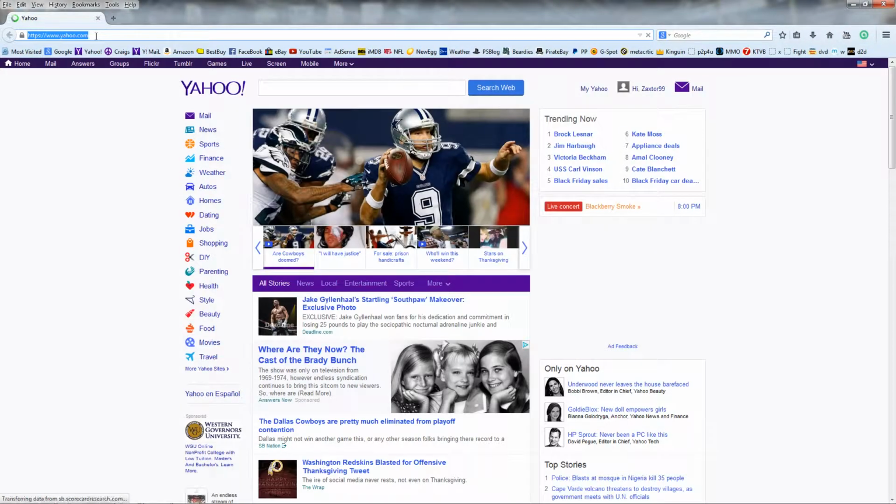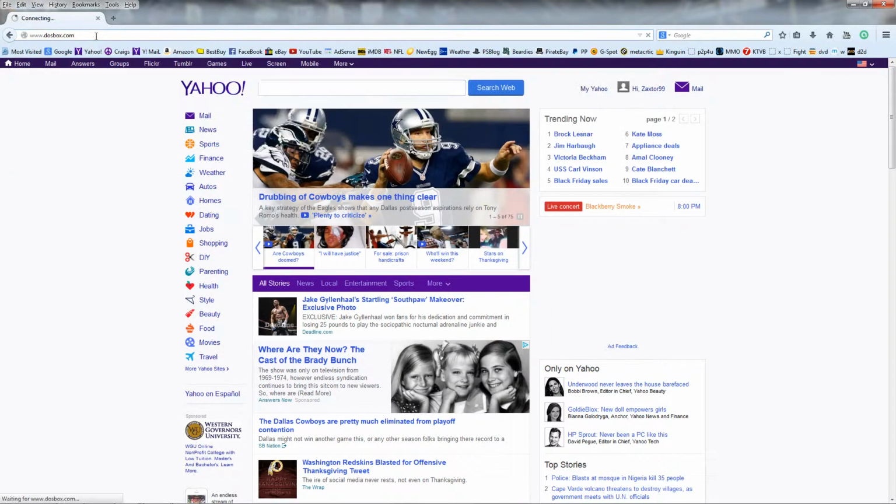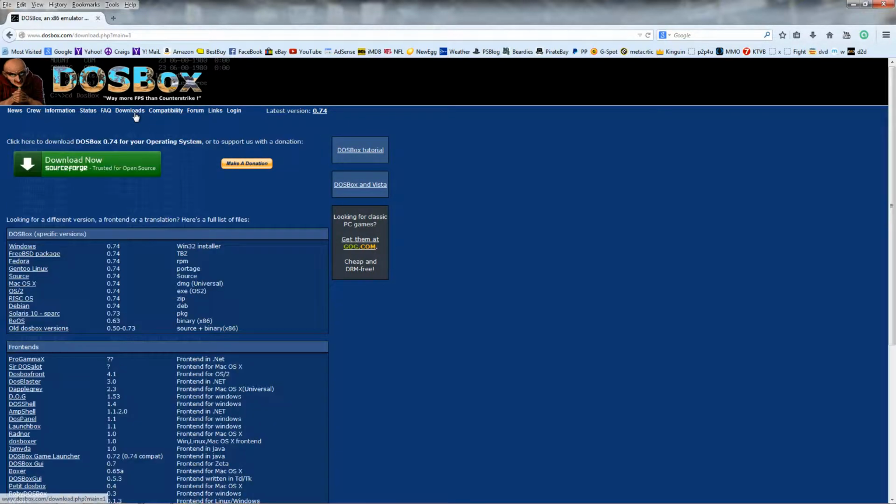And you're going to go ahead here and type www.dosbox.com. And here I want you to go ahead and go to Downloads. And this is a program that's going to allow us to run that old DOS program. Okay. All right, once you got DOSBox opened up, you can go ahead and load DOSBox